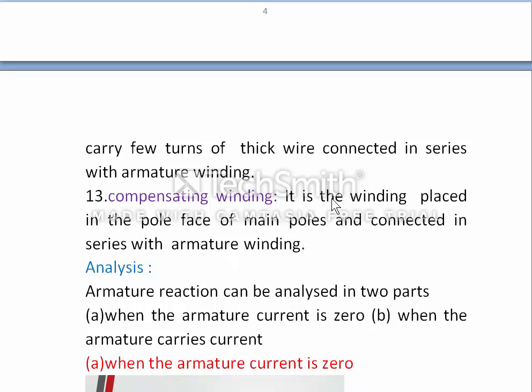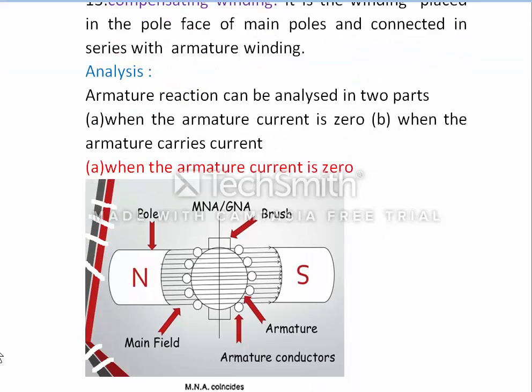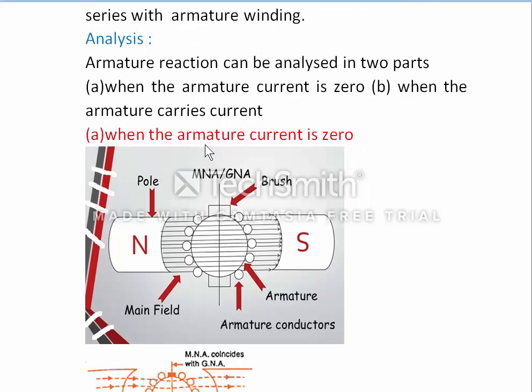Next, compensating winding. It is the winding placed in the pole face of main poles and connected in series with the armature winding. Next, analysis of the armature reaction. The armature reaction can be described or analyzed in two parts. One is when the armature carries current, the other is when the armature carries no current. That is, when the armature current is zero and when the armature carries current. So first, when the armature current is zero,